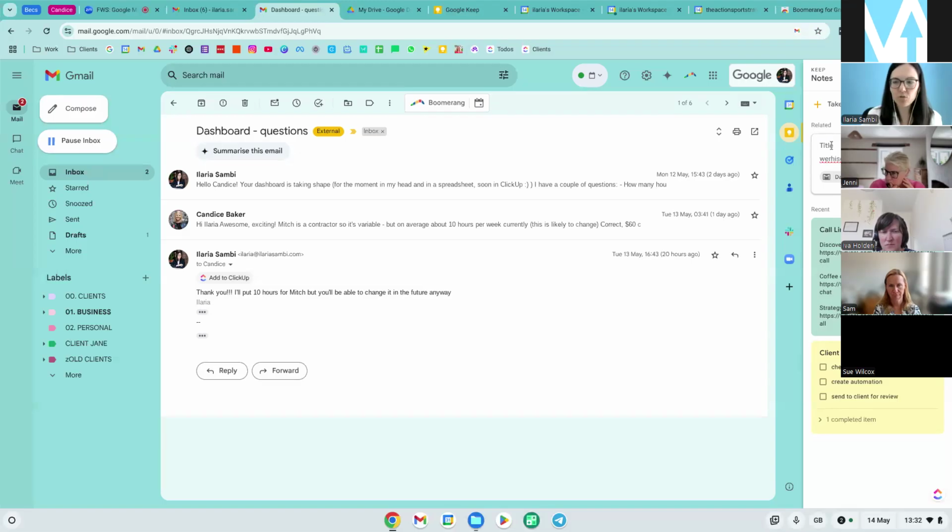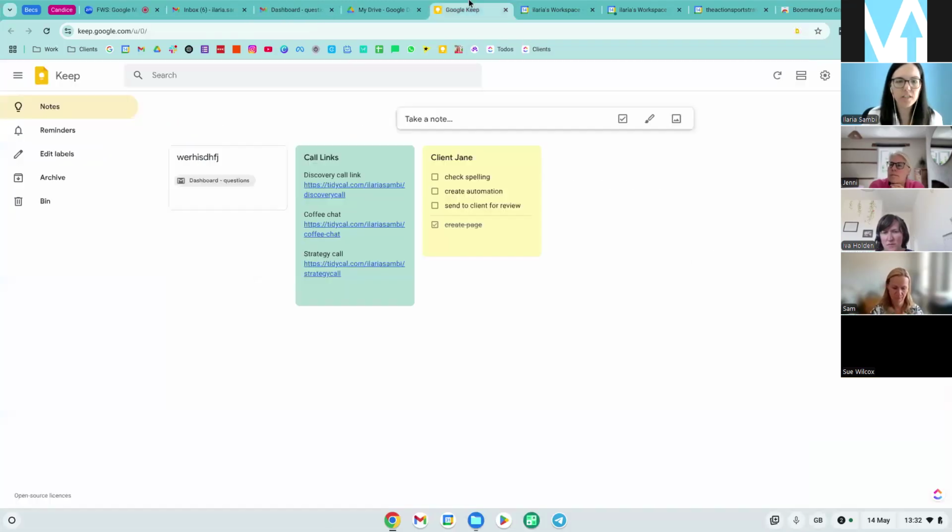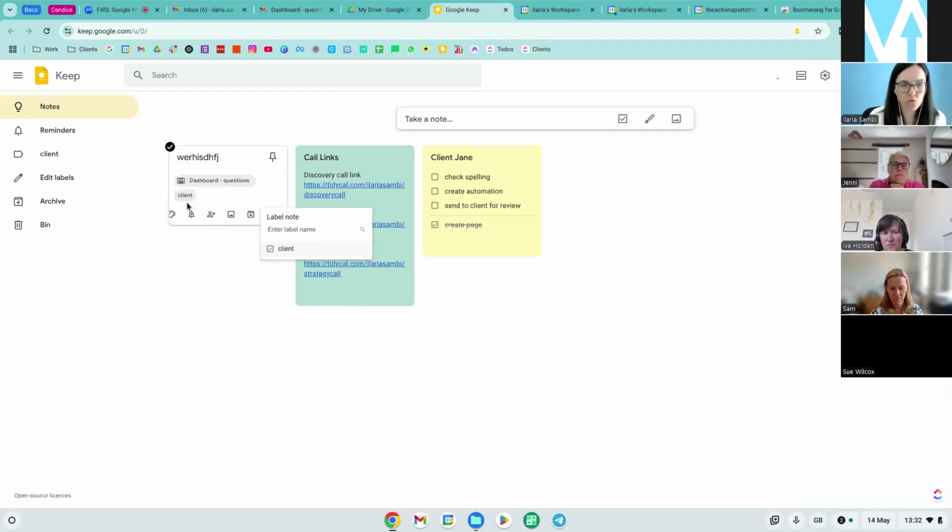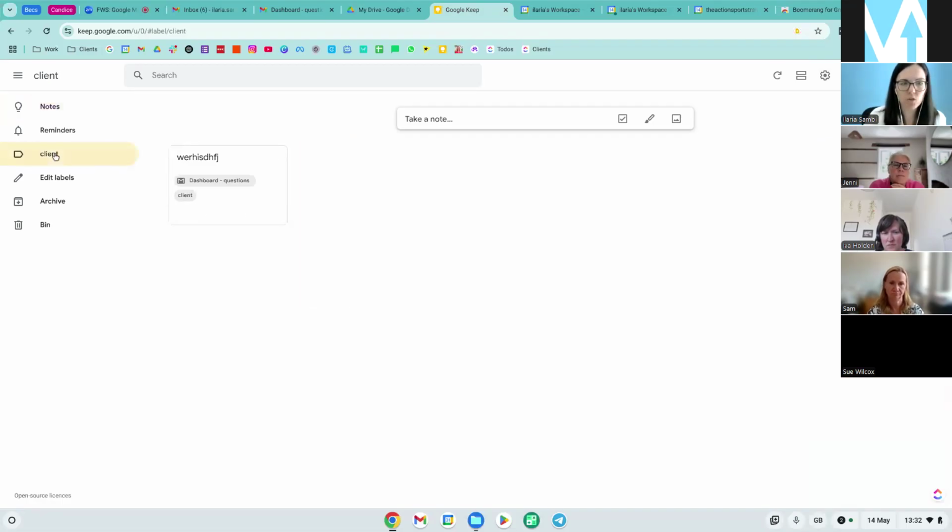You give a title to emails. You can add these check boxes. You can change the color. Not here, actually. In the Google Keep here, you can add the color, labels. So you can add the client labels again. So when you filter by label, same thing as in Gmail, if you click on the client label, it shows you just the client labels.